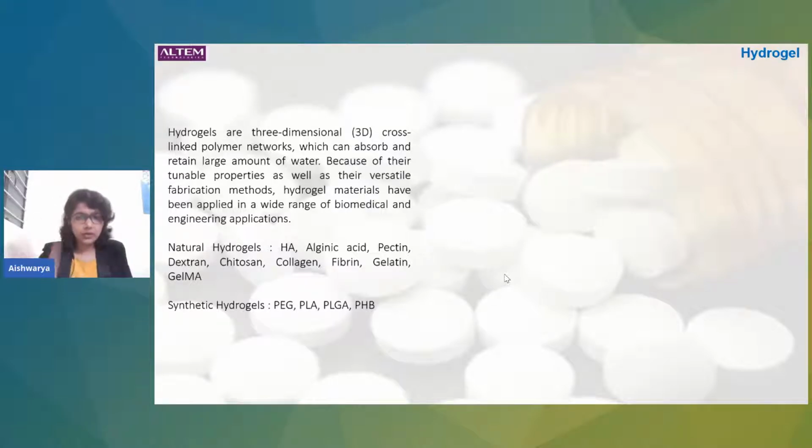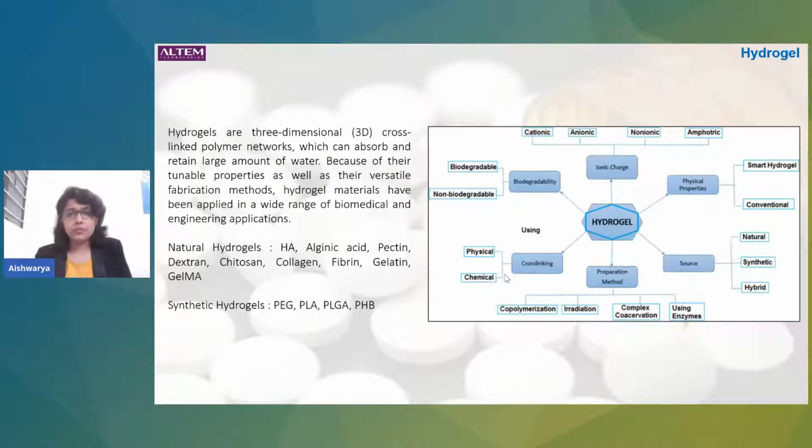So when you're talking of this hydrogel, or for example X hydrogel, you would consider various factors. For example, biodegradability, right? I need to know if the hydrogel that I'm using is biodegradable, if it's able to degrade over time. Is it causing any sort of cytotoxicity to the cells? Is it causing any impairment? So we need to check that when you're considering a hydrogel. We have to check the ionic charge. So